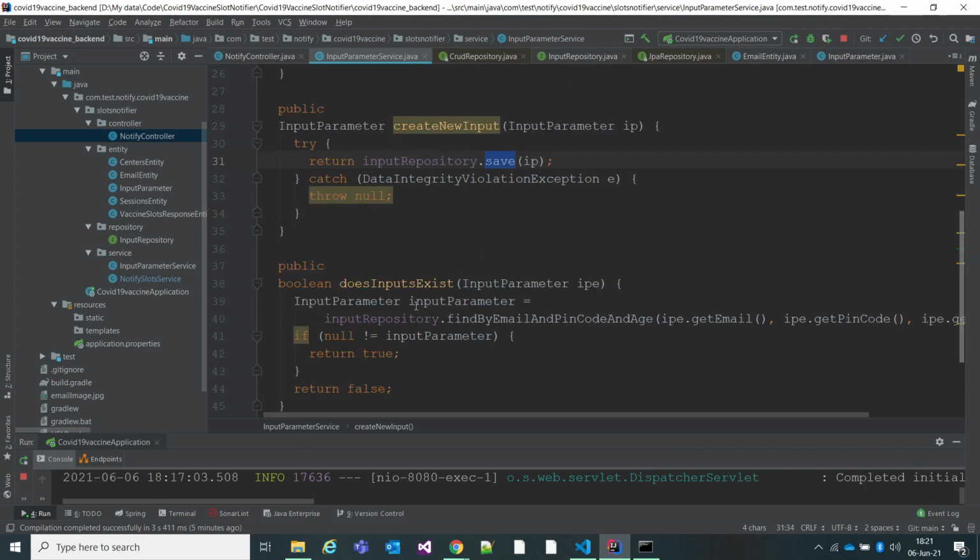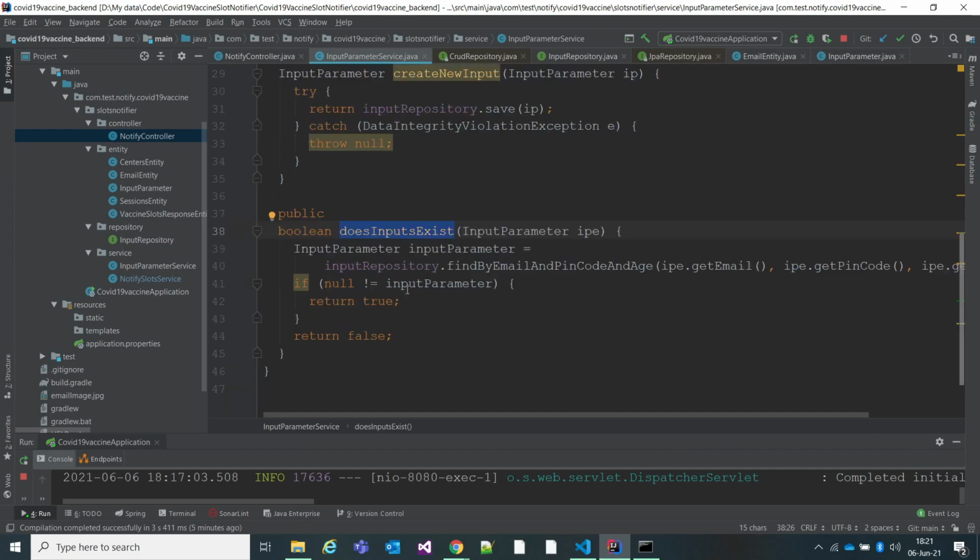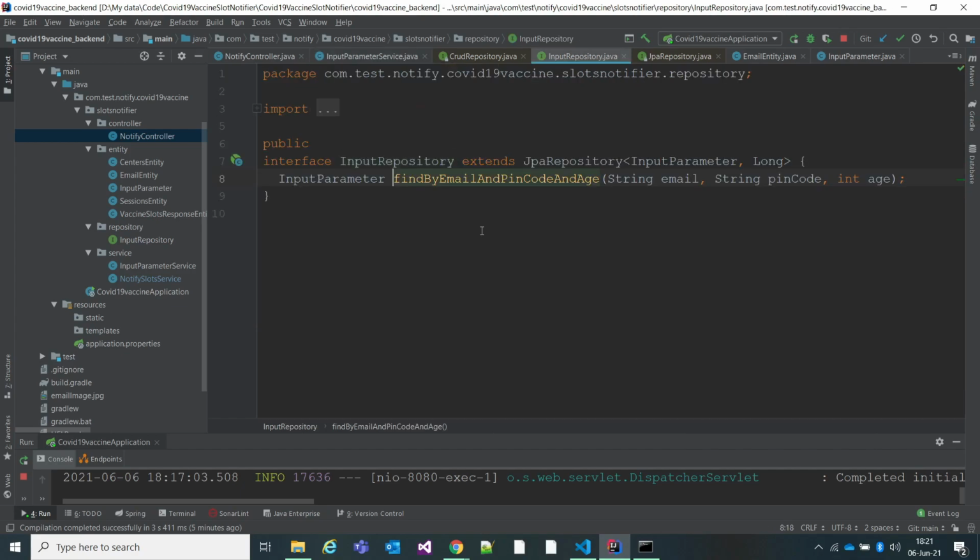I'm also checking whether you have already entered the same details in the database and are trying to enter them again. First I'm going to check find by email, pin code and age. I'm entering all these three details, and this method I have created explicitly, not implemented, just given a signature. This is a standard definition provided by JPA. You just need to write findBy followed by whatever names you want to give.